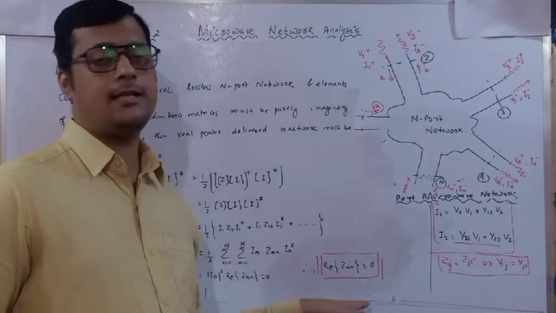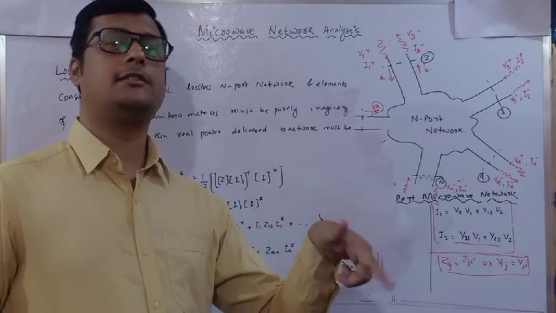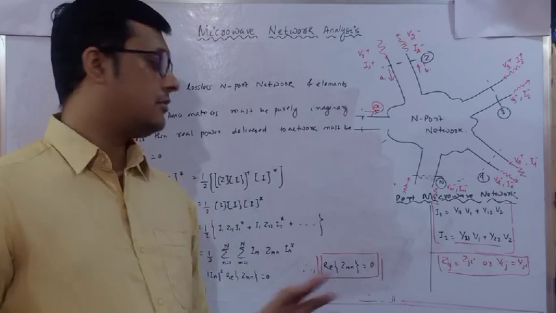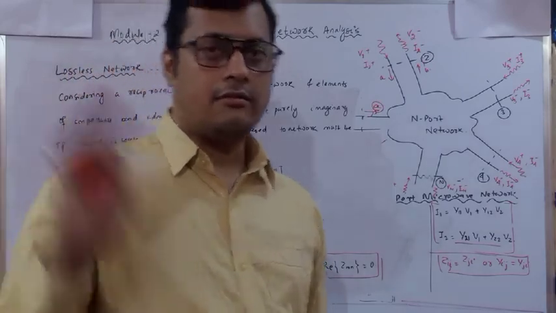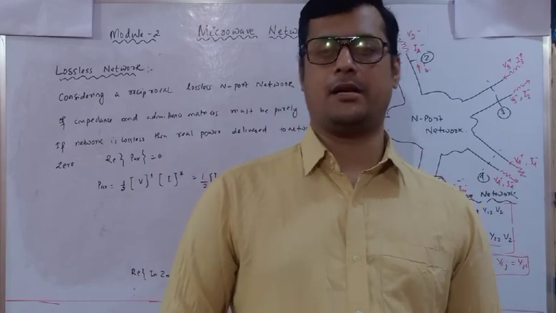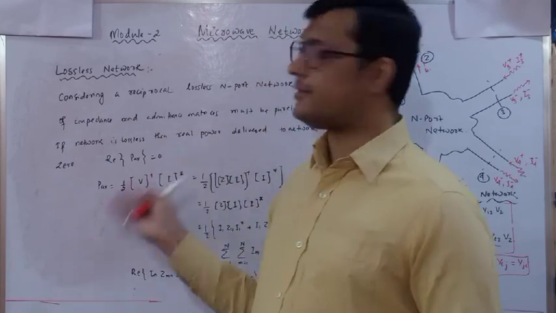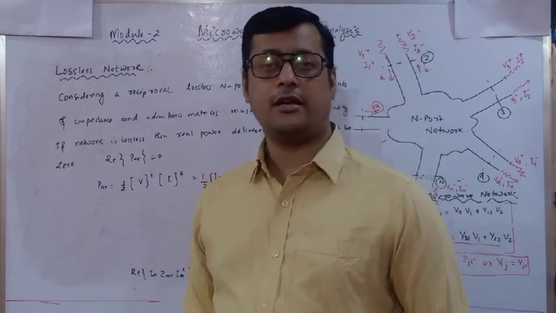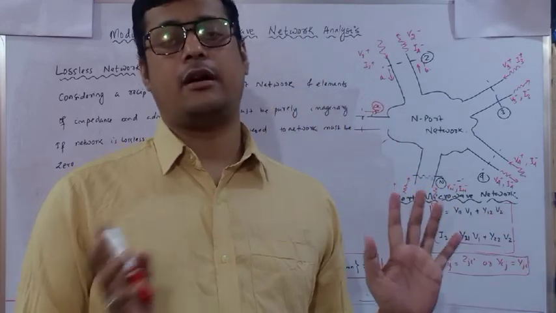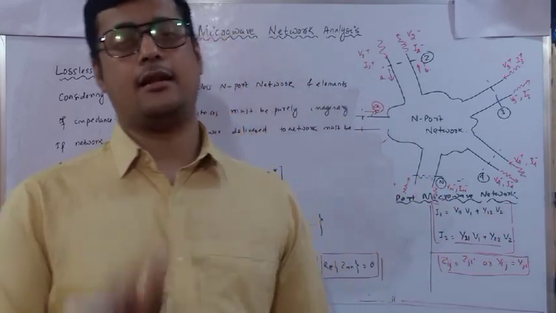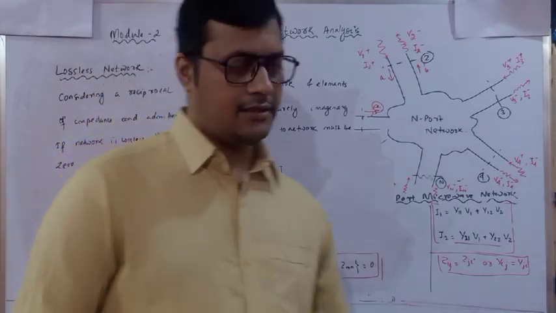Similarly, you can write this in terms of admittance also. Real of Ymn equals 0. These are simple relations, because we are going to discuss them once again with respect to the scattering parameter. It will be easy to understand. Okay. So this is the lossless network reciprocity theorem we have seen, and we have seen how to analyze the impedance and how to analyze the admittance. Next class we are going to discuss the numericals. Okay. Till then, thank you all.